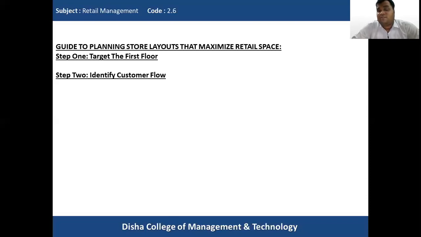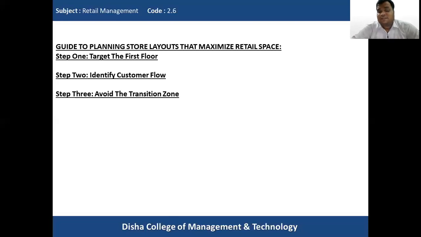This data is very important for the retailer, because the retailer comes to understand what are the places where the customer navigates in the store, and what are the main places of prime attraction where the retailer can keep their high margin merchandise, in order to see that maximum customers browse through those articles and buy that merchandise. So it is very important. The second step is to identify the customer flow in order to maximize the return per square foot area. So this is step 2.